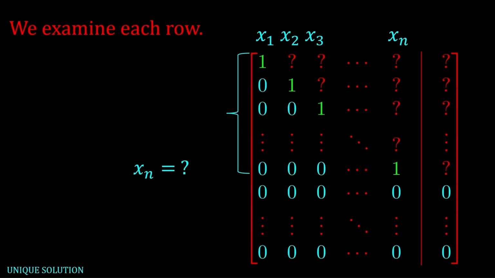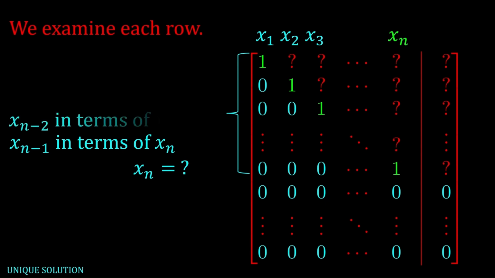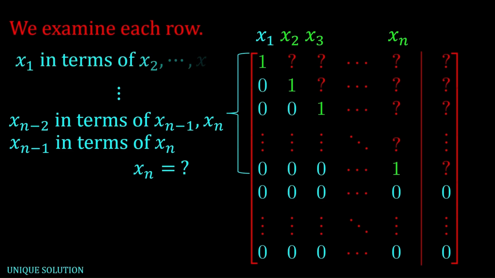Now let's move on to the next one. x(n-1). Now similarly, that column will have a pivot as well because all columns have pivots by our assumption. So we can write x(n-1) in terms of xn. xn has a unique solution, so x(n-1) does as well. And obviously you can repeat this for x(n-2), x(n-3), all the way up to x3, x2, and then finally x1 will be in terms of all the following variables, x2 up to xn. And all of those have a unique solution at this point, based on this repeated process, and therefore x1 does